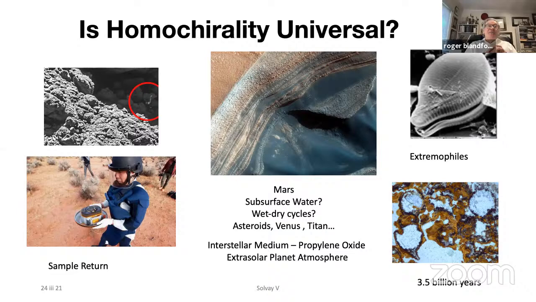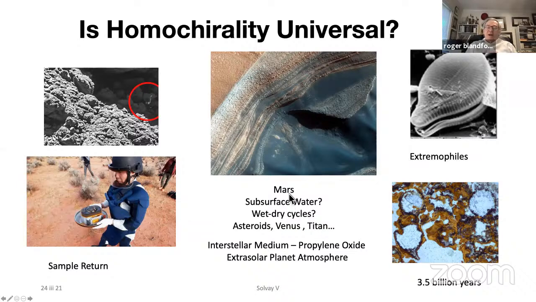And as I say, nothing has been found in all these different environments, in volcanoes and all the rest of it, things that are 3 billion years old and so on. No one's found anything that's got the opposite chirality. It could happen, and of course we're doing sample returns. There's Hayabusa from Japan. Here's the sample return. Of course, we're waiting to see what they find.